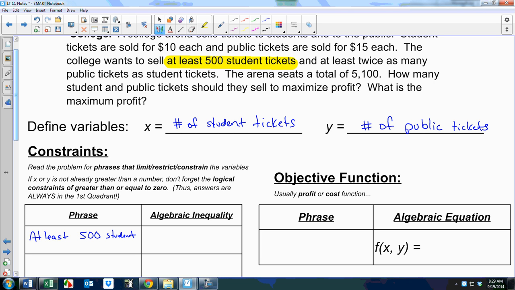And that turns into an inequality of x is greater than or equal to 500. I think that one feels okay, right? That one feels right. The number of tickets x that you sell for students has to be at least 500. The next phrase that we come across, at least twice as many public tickets as